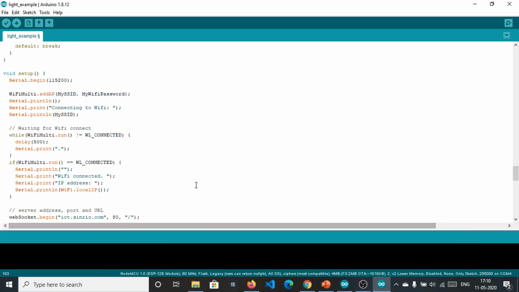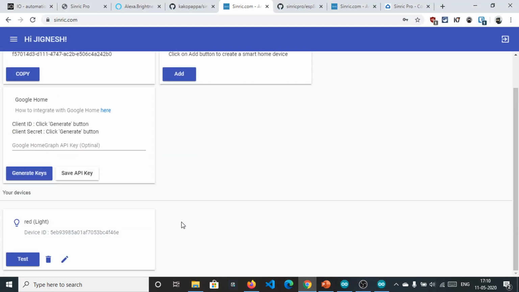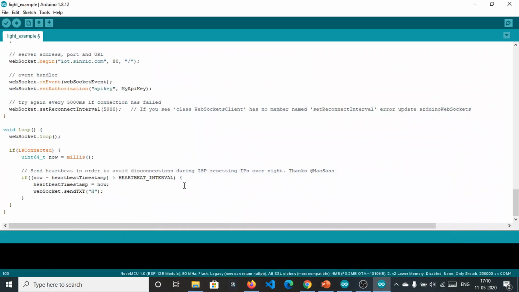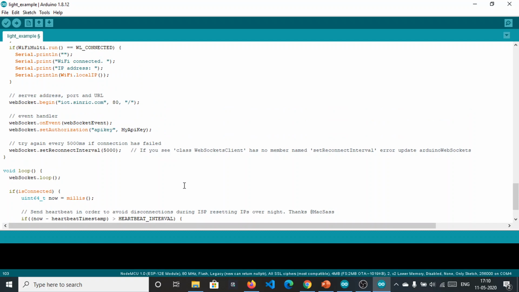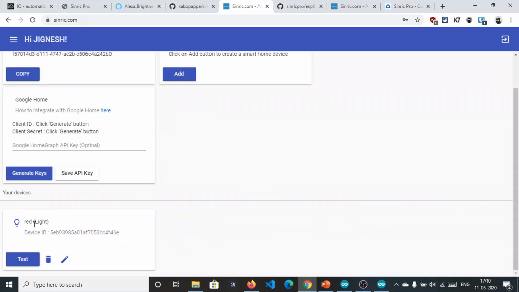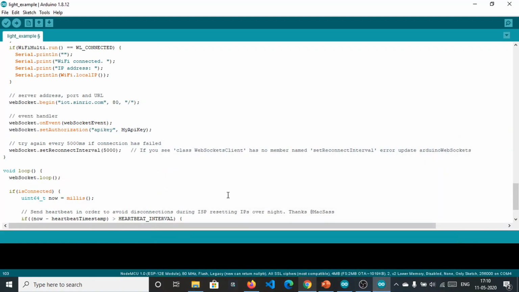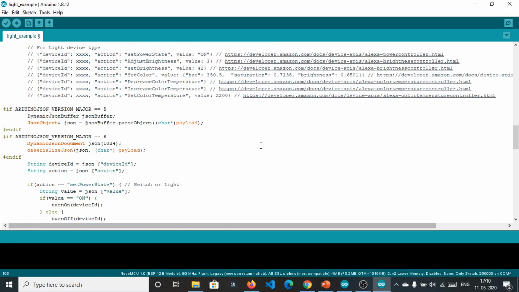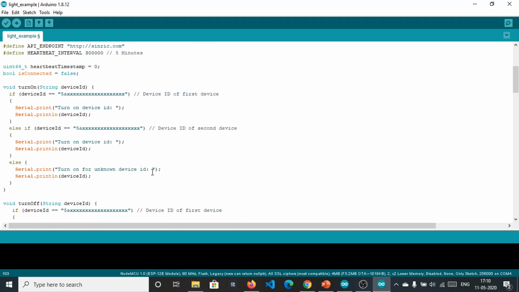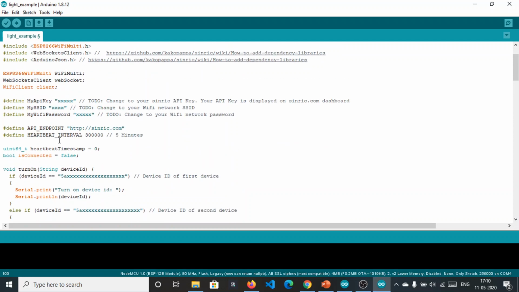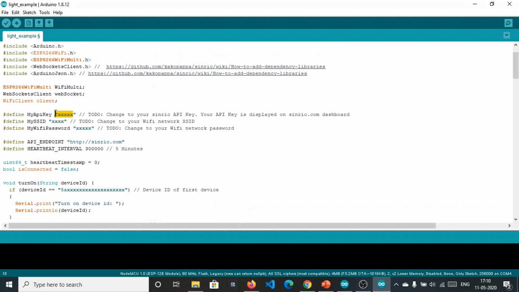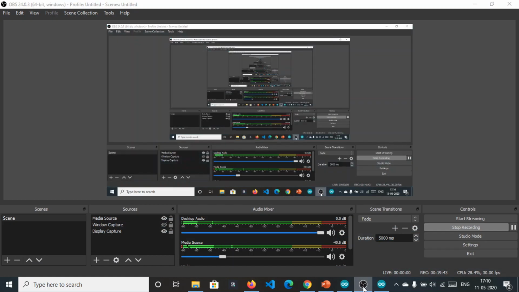Fine. So for this light, I will write this sketch to control everything for this specific light, the red. Okay, so first we need to start from the beginning. API key, I need to check the session.